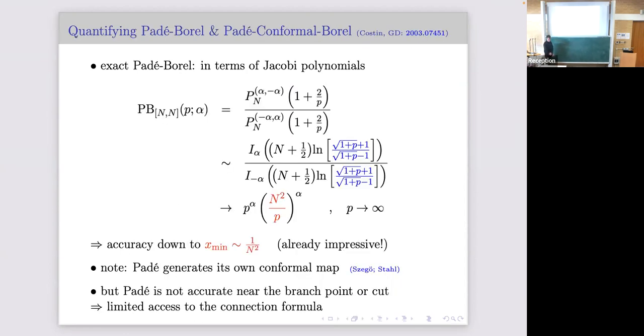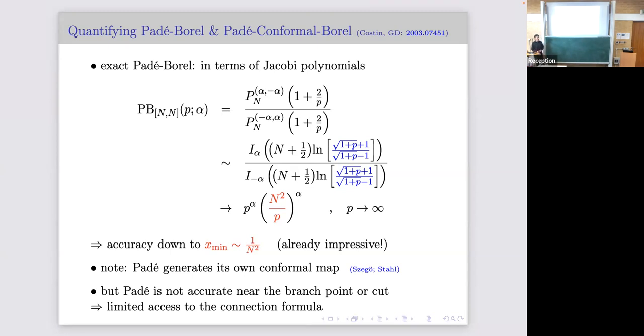So one of the well understood methods goes by the name of Padé approximation. Because the problem is if you have a truncated Borel transform, it's just a polynomial. So there's not a lot of information there about its singularities, because it's the singularities of the transform that tell you about physics. So a simple method that's incredibly powerful but has limitations is just to make a rational approximation to that truncated polynomial. And for this particular function, it turns out you can do it in closed form. It's just a ratio of Jacobi polynomials.